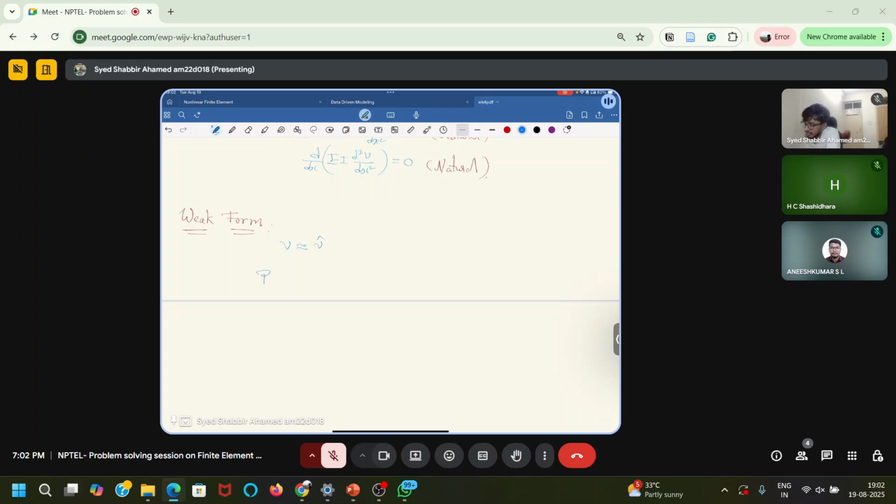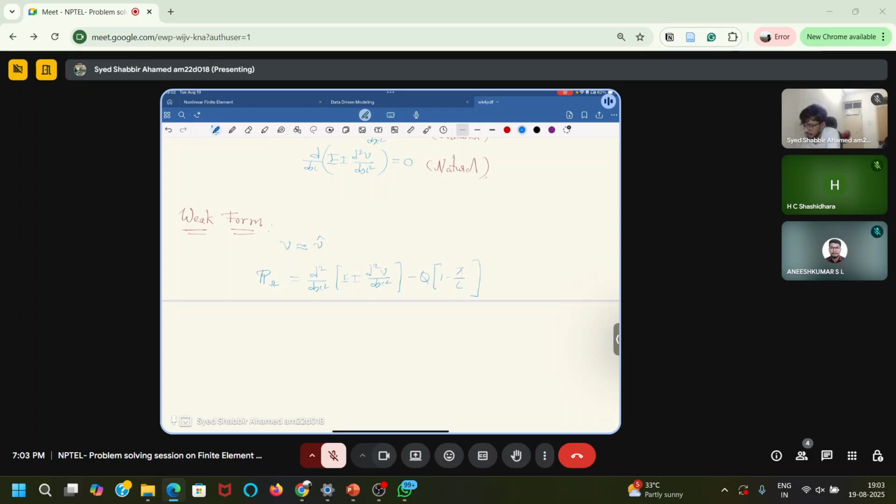That residual over the domain will be d square by dx square into EI into d square V by dx square